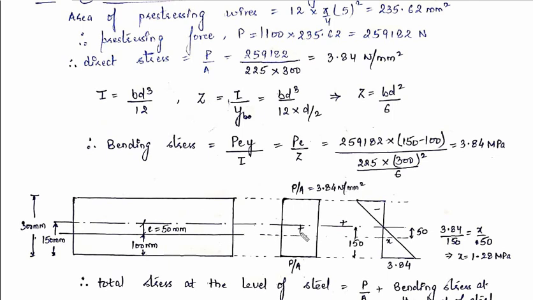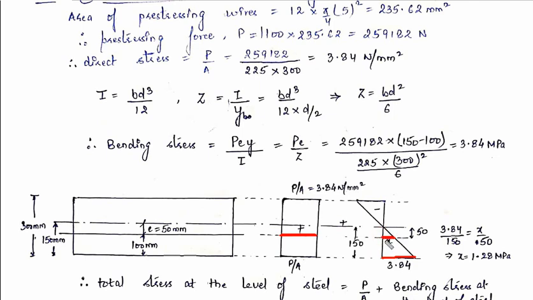See, this is the level of the steel, this dotted line. So we have to find out the value of this and the value of this stress. If we do the summation of both of these stresses, we will get the total value of stress in concrete at the level of steel, that is fc. So if you see this diagram, this value is P upon A and this value is constant throughout the section. So at this layer also, at this depth also, the value will be P upon A. But if you see this diagram, the value is maximum at the bottom, and if you go towards the neutral axis, this value is decreasing.